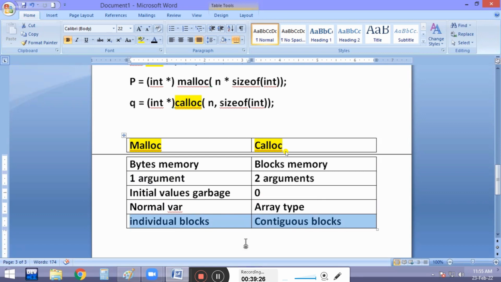Very clear now? Right. Next, where we are using realloc. Suppose you have allocated. Simple example for realloc. For example, guys, in Flipkart, you are going to order items, Amazon or Flipkart. First, how many items are you adding to the cart? Only one is possible. You can't add 10 items at a time. First, you have to select the item. Later, you have to click on add to cart. Then only that item is added to the cart. Later, you can go for a second item. Means at a time